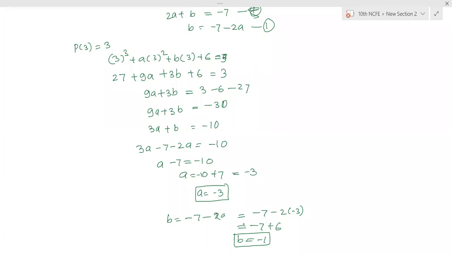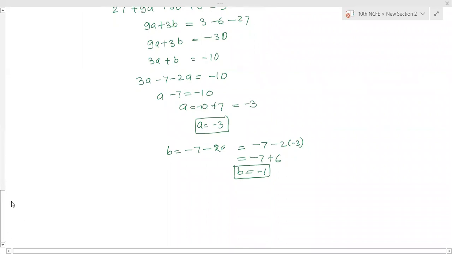Okay, so which questions do we have left? Till the 21st I told, or the 23rd? 23rd, ma'am. 23rd completed. Yes, ma'am. Next question says: what must be added to a polynomial so that the result is exactly divisible by x minus 2? And the next question is: what must be subtracted from a polynomial so that the result is exactly divisible by x square plus 2x minus 3? So in this case, there are two methods, but always do it the better way, that is the long division method.